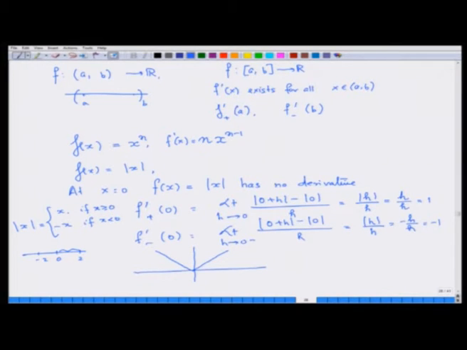So, again I want to go back to Benoit Mandelbrot's statement that you would know calculus much better if you know at the very outset that every continuous function need not have a derivative. Of course, there are functions which are continuous at every point and not differentiable at any point. These are monster functions created by Weierstrass, of which we are not going to make any discussion.